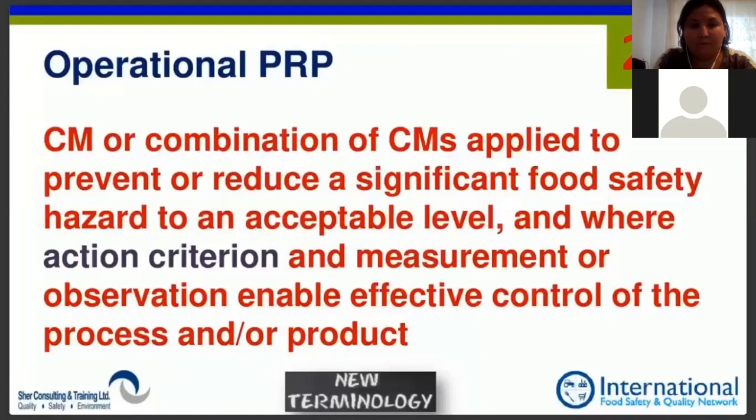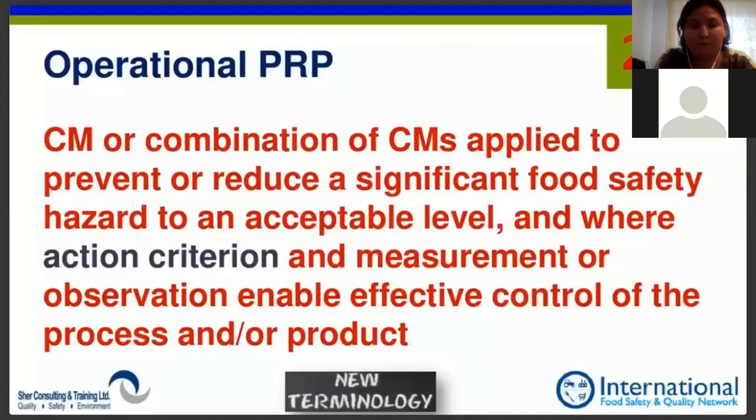So we can now find two different types of OPRPs. The first type of OPRP will be those OPRPs that are steps in the process alongside their CCP friends, but they're not measurable. They are observable. So they're now OPRPs. So along the process, as we go through the process, we will have steps in the process that are CCPs, and steps in the process that are OPRPs, and steps in the process that are nothing.